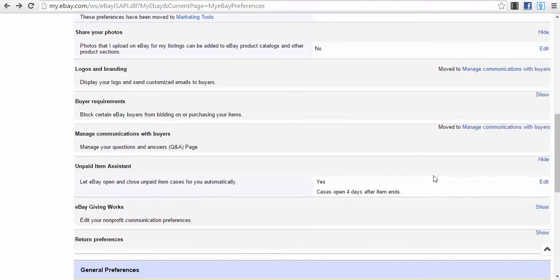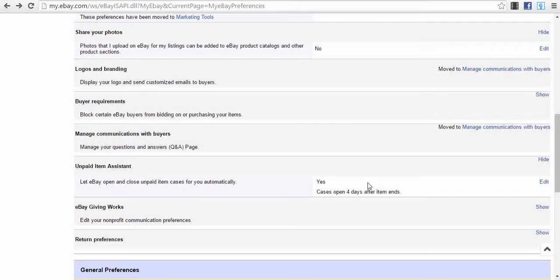So there will be people that will actually buy your product, but they won't pay for it. And in that case, instead of you asking for refunds all the time, okay, and taking a lot of your time and energy on doing so, you let eBay handle these cases when people don't pay for their products.